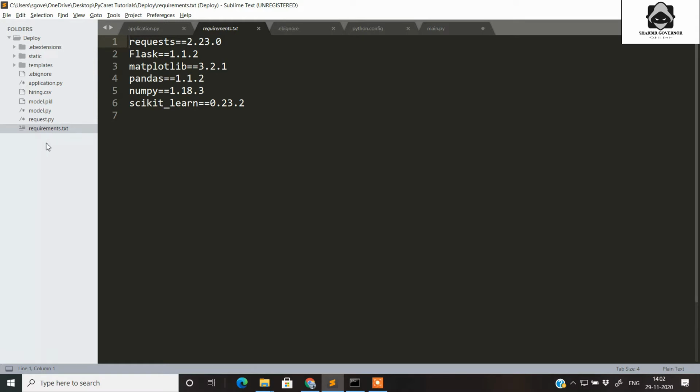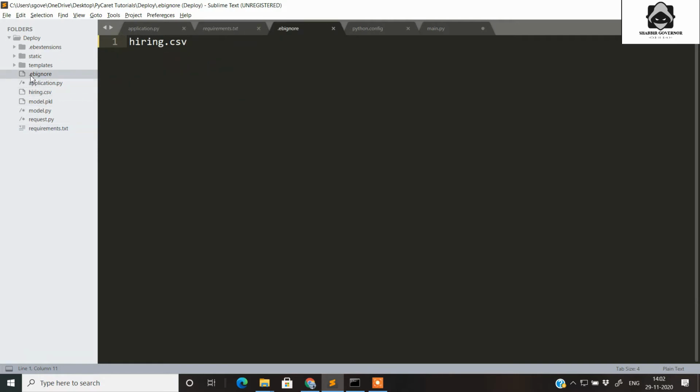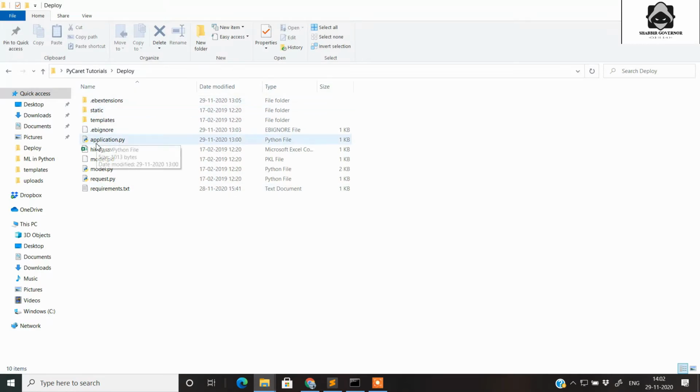Now, since we are uploading this project onto Beanstalk, we will require one more file called .ebignore. This file will ignore all the files which I write inside this ebignore file. For example, in my case, this is the folder, and here this is the CSV file on which my machine learning model was built.